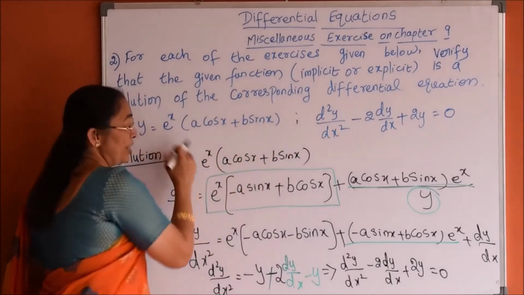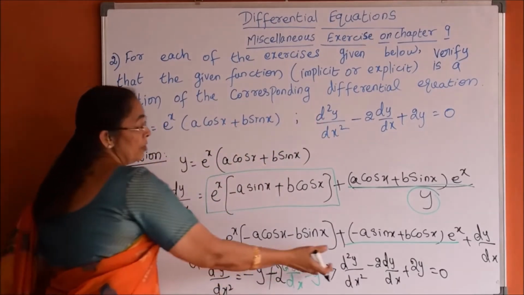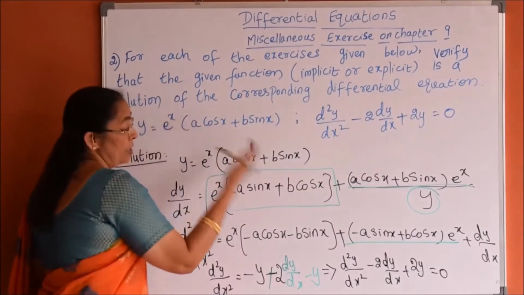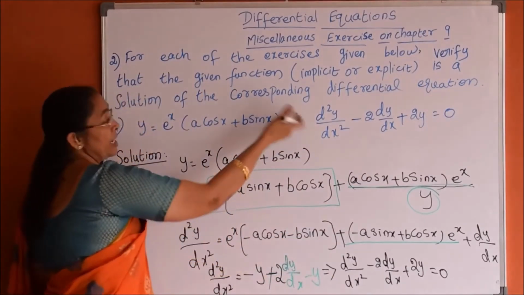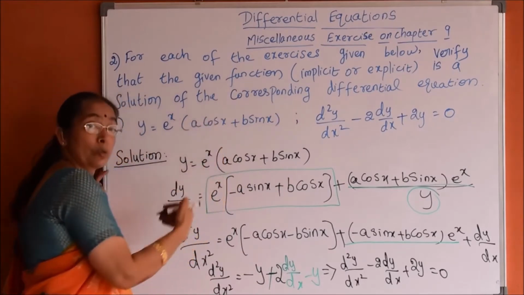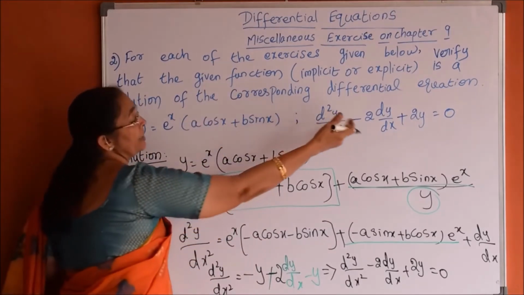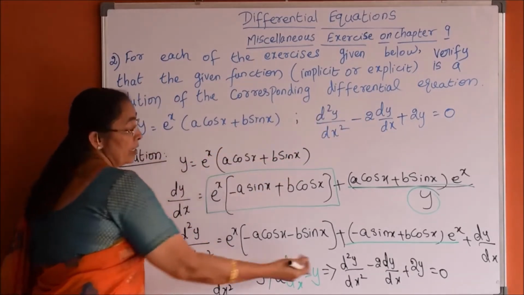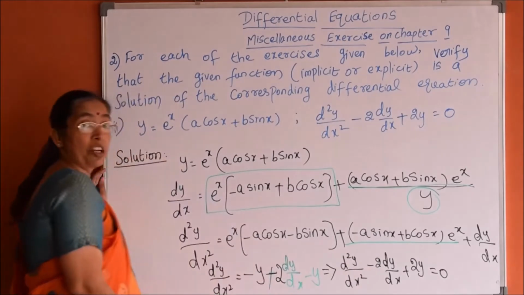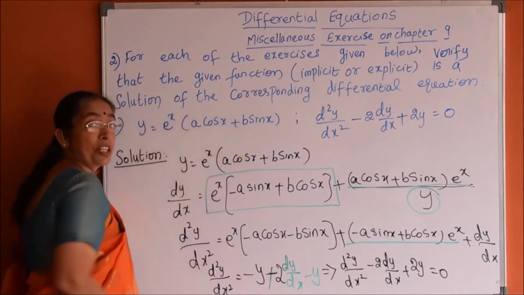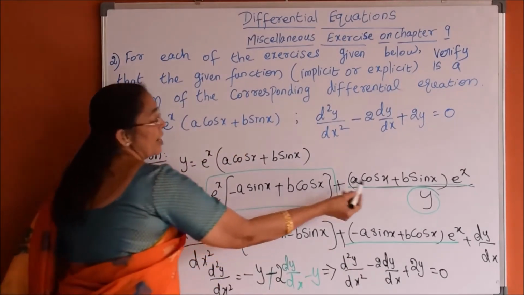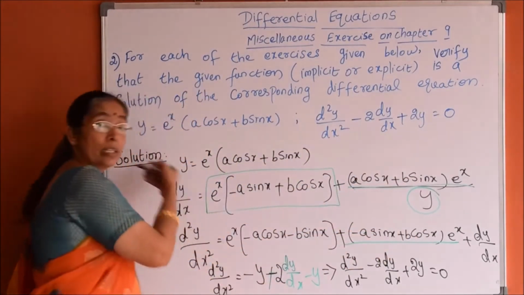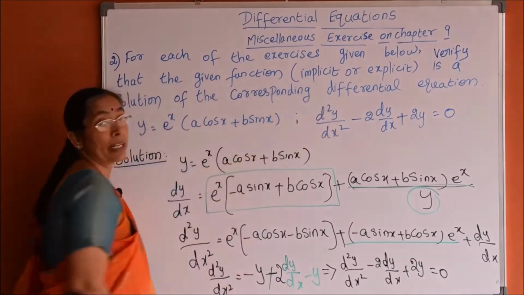So, by differentiating and rearranging the terms, we are able to find the differential equation which is satisfied by this given equation. We can even find out what is dy by dx, what is d square y by dx square, and then substitute here and prove it is 0. But instead of that, finding the differential equation which satisfies the given equation is the simplest way. Wherever the terms are repeating, that is the y term and dy by dx, if you replace them, the differential equation will form automatically.